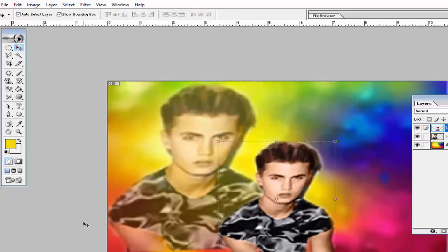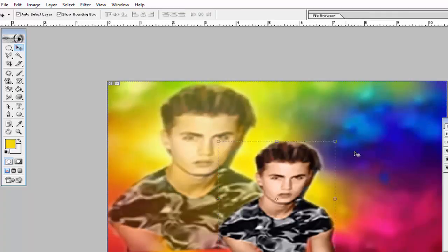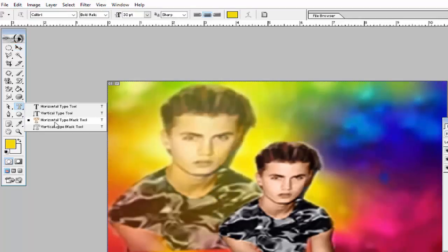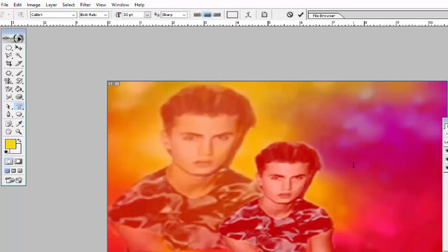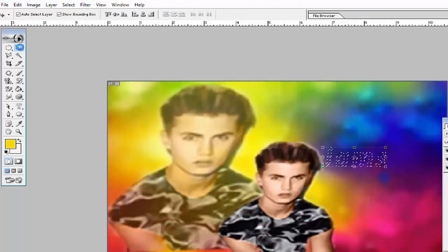So I think you understand how to create this image, and we have to type James's name here. Go in this option, horizontal type mask, and click here. Type the name of this person, James, and use the move tool.